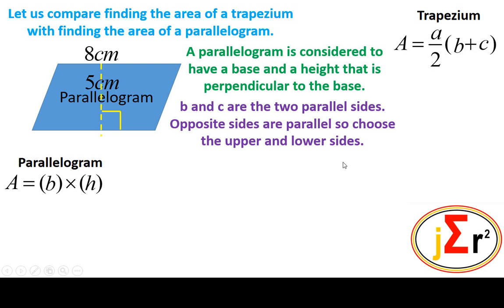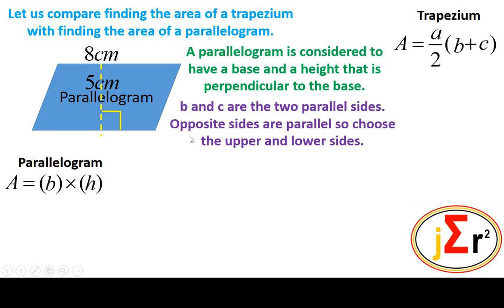It doesn't matter. These are the two parallel sides. It could be K and Z. Doesn't matter. These are the two parallel sides, and irrespective of what this symbol is, it is the perpendicular distance between the two parallel sides. So we have it, B and C are the two parallel sides, and we will choose